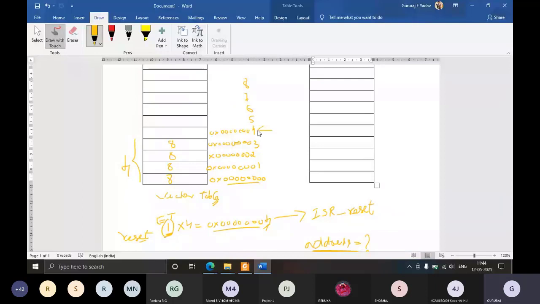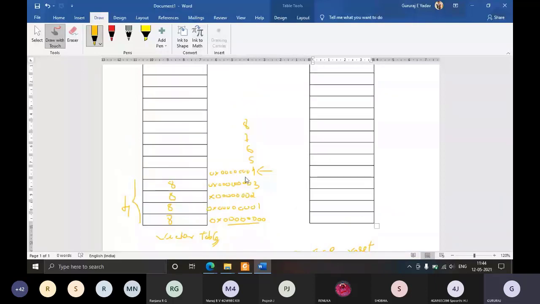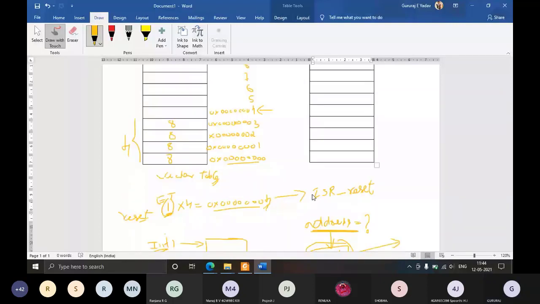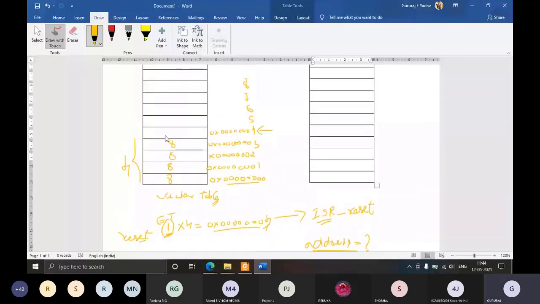So in this location, we found that there is a starting address for the interrupt service routine for the exception type 1, which is reset. So how many bits will be stored in this location? Obviously 8 bits only. But we require a 32-bit value, because as I told, it's a 32-bit address. That means from location 0004, you have to take 4 locations.